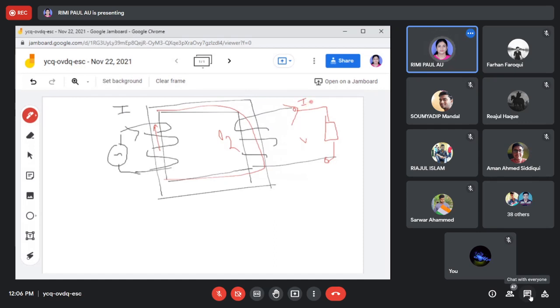So what am I getting? First, I have given a V1 supply. Current I1 is flowing through this path, and due to this alternating current, alternating flux is produced. This flux is now flowing through this path. Due to this rate of change of flux, according to Faraday's law, we get an induced EMF here. This induced EMF will appear at the terminal as V2, suppose, and when it is connected to a load, this load will draw current, that is I2.